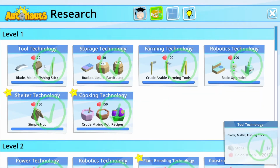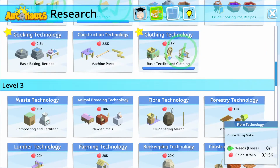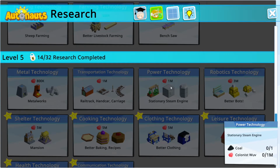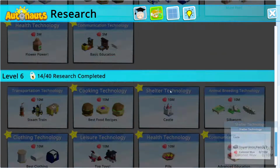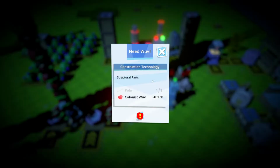2,500? That's a far cry from the like 150 there, and it only gets worse. 15,000? 600, 1 million WUV, 5 million WUV. I'm just gonna stop. You get the idea. So I tried to